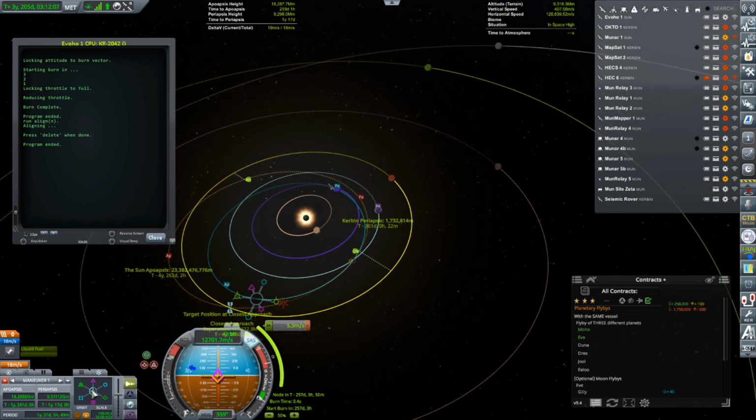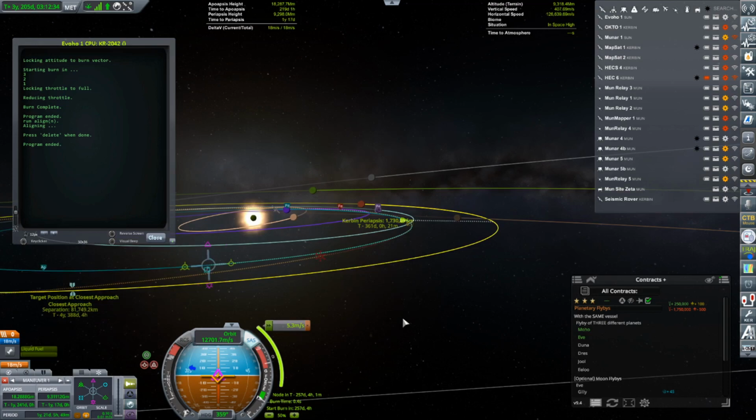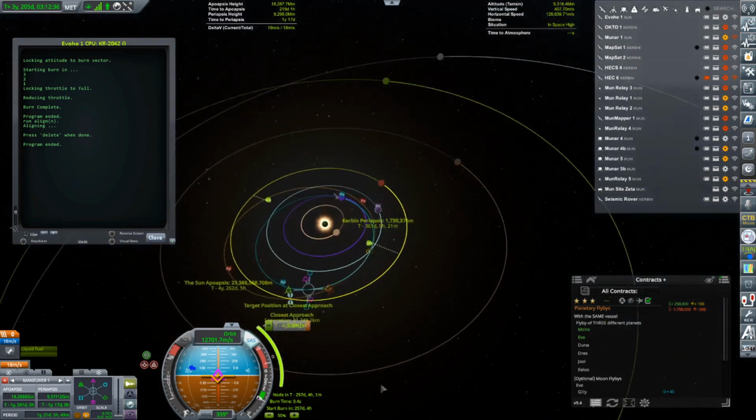And any kind of flyby of Duna will do. It does not have to be... Come on. Oh, why won't you? You're so close. I have this adjusted to 0.01 meters per second. Oh, I probably need to get...